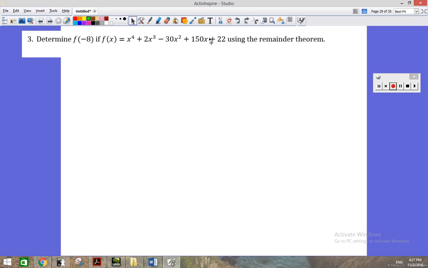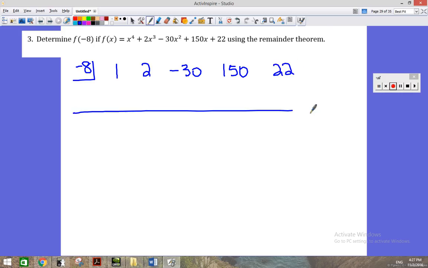4, 3, 2, 1, 0, it's in standard form. -8, 1, 2, -30, 150, that's kind of big. I might have to use a calculator for this one. All right, the 1 comes straight down. I multiply it by -8, then I add, then I multiply,